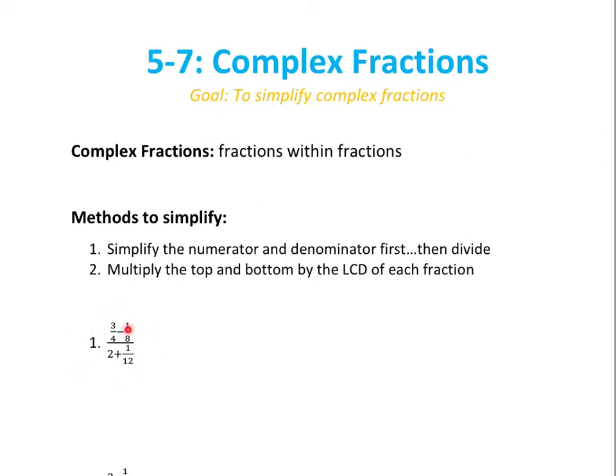I'm going to show you two methods to simplify these. It's actually not overly difficult. There's a good way to break this down into really just combining what we did in 5.5 and 5.6. So there's two methods to do this. The first one is simplify the numerator and the denominator first, then divide. That's like combining 5.5 and 5.6, or you can kind of cheat, quote unquote, and multiply everything, top and